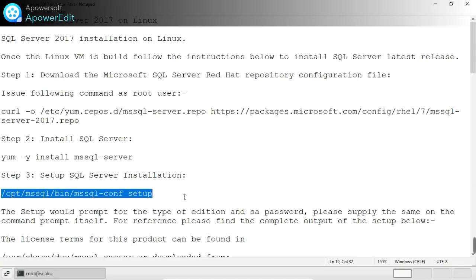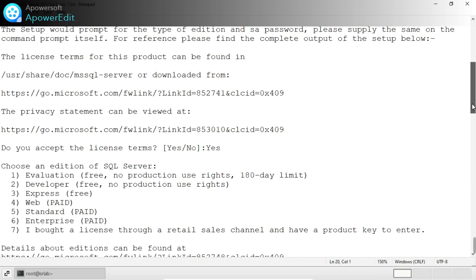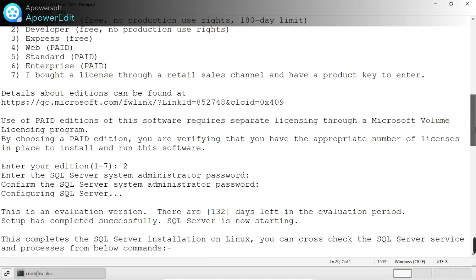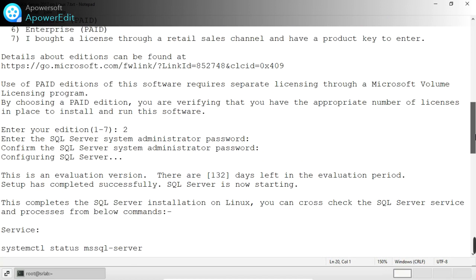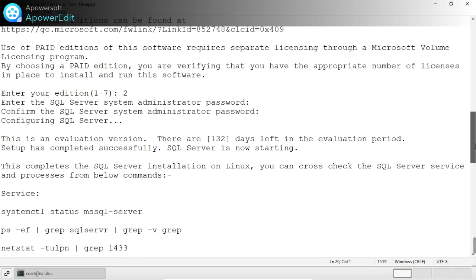Okay, next step. This setup prompts for the type of edition and password; please apply the same on the command. Everything we have done. This asked these kinds of steps, and we have given them.